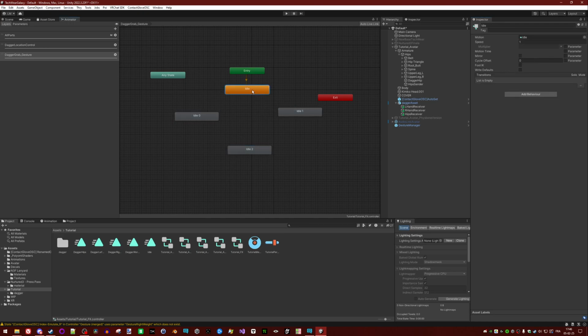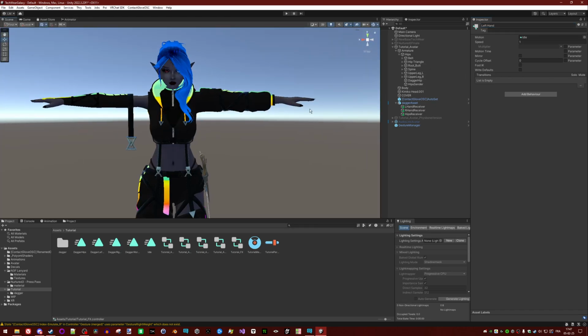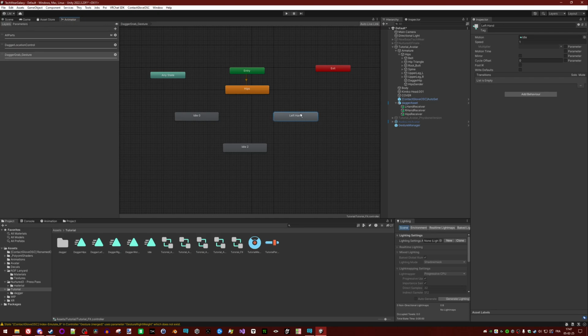That's using VRChat built-in component, which is called avatar parameter driver. But first things first, let's rename everything. So hips, which will be the default one. Got the left hand. If it triggers you that the left hand is here, it's just because when you face your avatar, the left hand is here. I know it. Yeah, that's how I do it. Right hand and world.